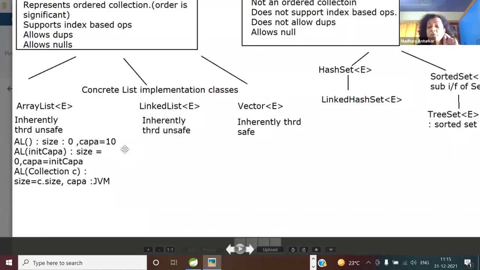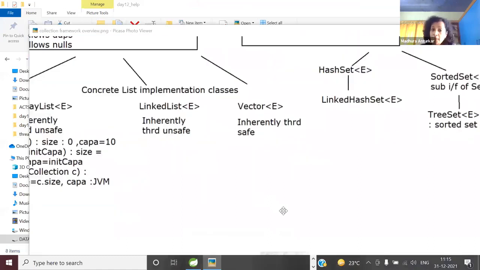So when you say initial capacity 10, how many references can be added to this ArrayList without reallocating the memory? Obvious question, obvious answer: 10. Absolutely correct.